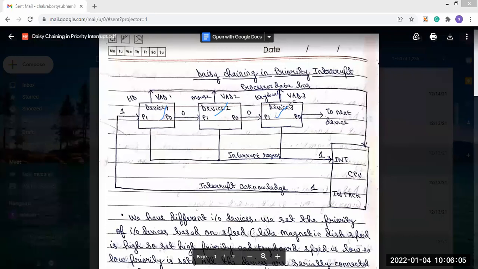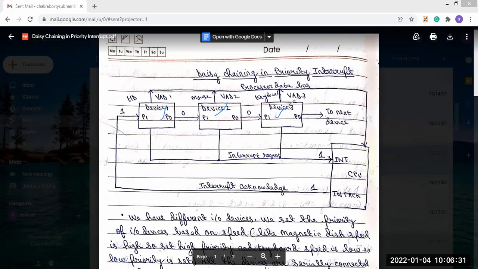Whereas we have the input output device keyboard, and the keyboard speed is low, so it will be used for low priority. So input output devices will be arranged and connected serially based on the priority, and priority will be set based on the speed.